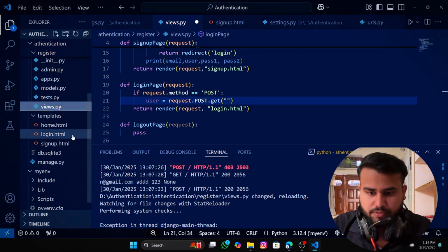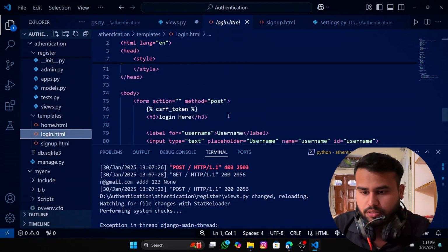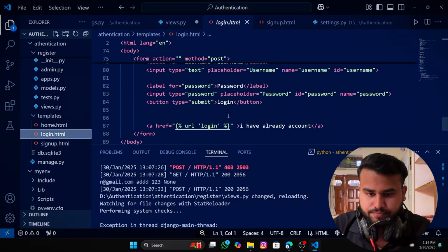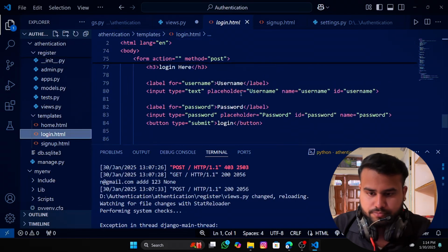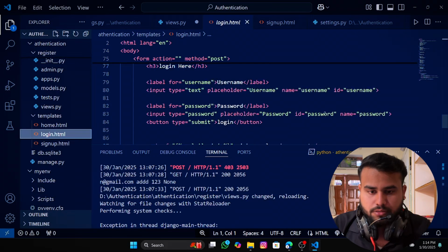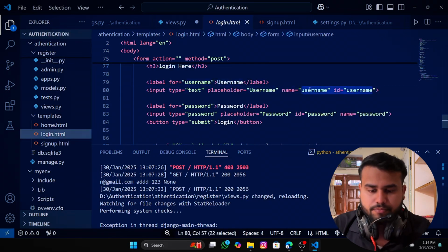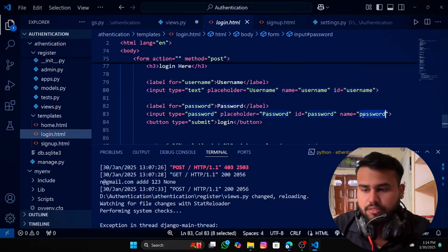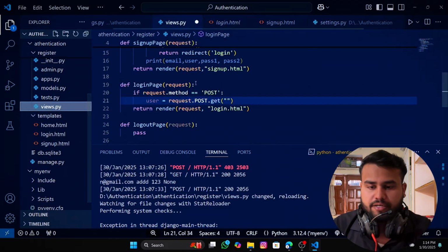And in the login page, what are the variables? Variables are username, and for password it is password. Okay, now we will enter here username,